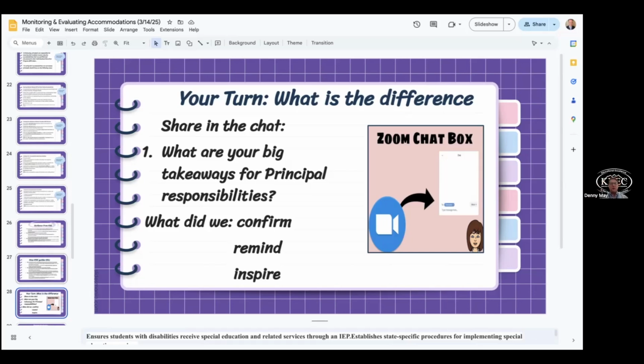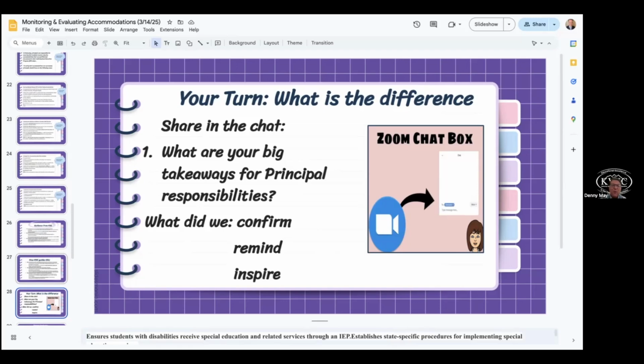So it's your turn. In the chat, what are your big takeaways from principal responsibilities? When we do these trainings, we realize that you come to us from different levels of experience, and you have different experiences with administrating and supervising these types of situations.